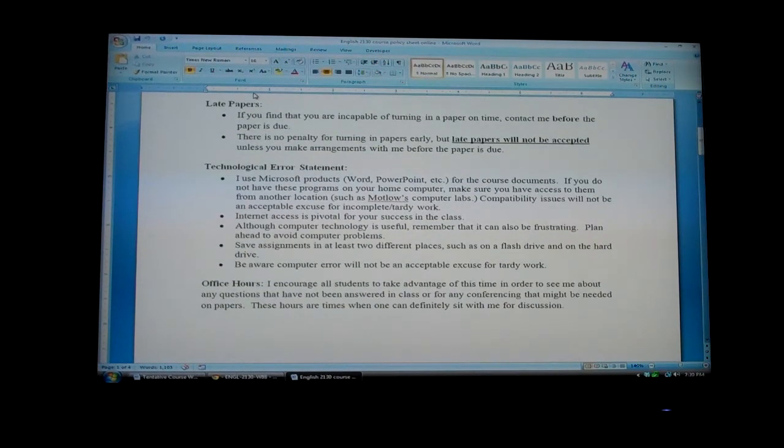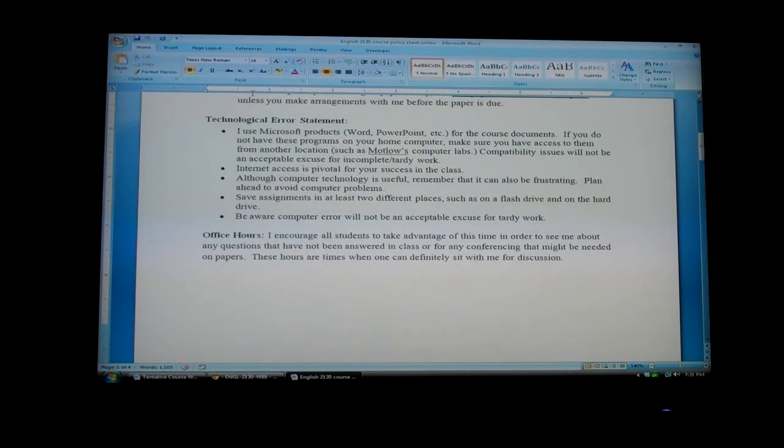Now, technology is going to be very important in this class because this is an online class. Just plan accordingly. Realize that technology can be our friend, but it can also be our worst enemy if we wait or procrastinate on some things. That's when we usually run into computer problems. So please do read through this and understand that technological error of any kind really won't be an excuse for late assignments, for late quizzes, or anything like that. I'm going to expect you to plan ahead.